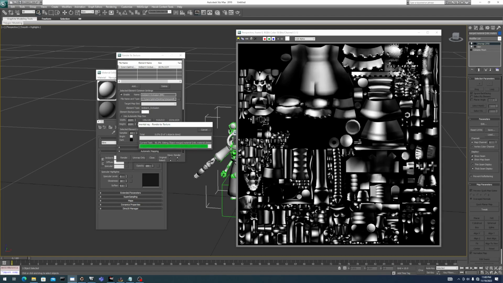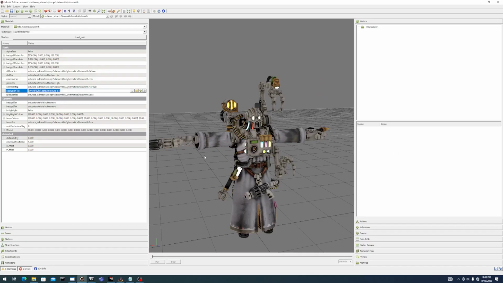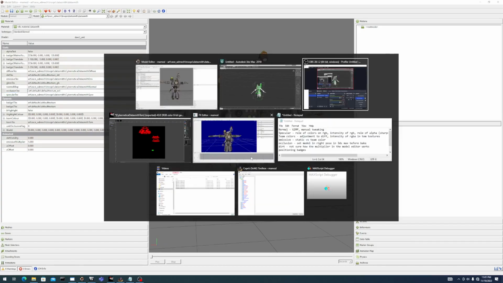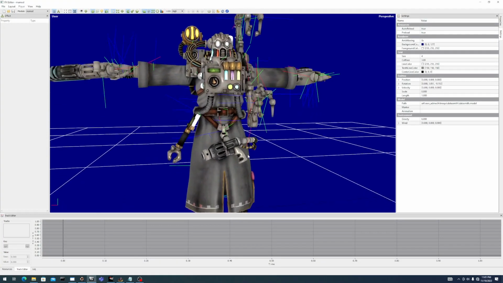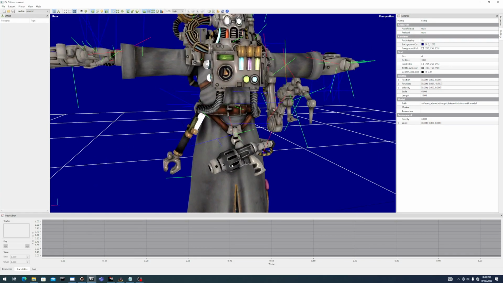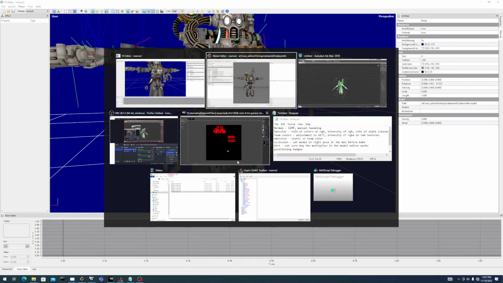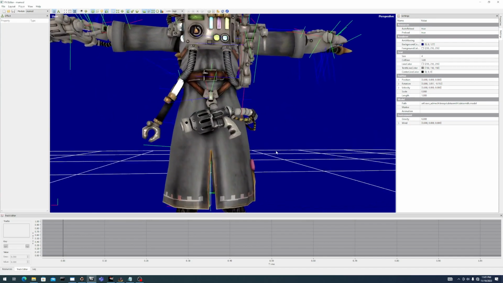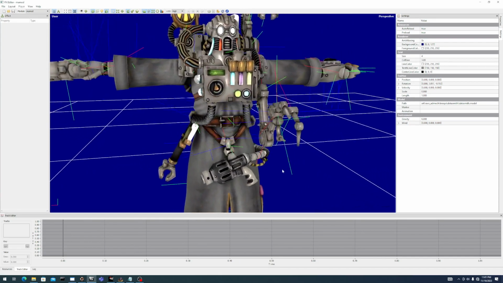Let's take a look at this map and briefly compare it to the model to explain what I meant by some parts receiving more ambient lighting than others. So let's look at this. This is part of the, I'll show you in a sec. It's this one. It's this here. So these are this pistol's vents. So as you can see, these vents aren't always receiving ambient lighting all the time, as opposed to the